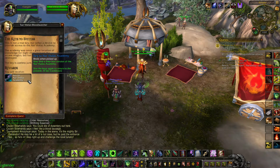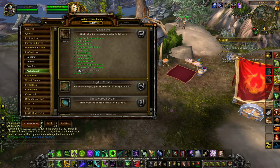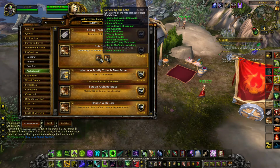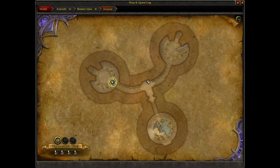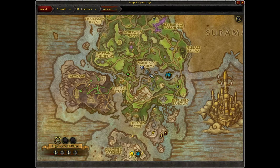This key has a neat purpose, but first let me point out that this is required for the A Keen Eye achievement, which, if you haven't unlocked it yet, would be considered the This Side Up or Surveying the Land achievement. This Side Up in particular is useful because it's used to unlock one of the color variations of your artifact appearance. The key to Nar'thalas Academy can only be used within the northwestern room of the Nar'thalas Academy in